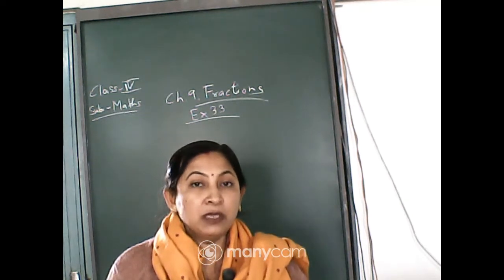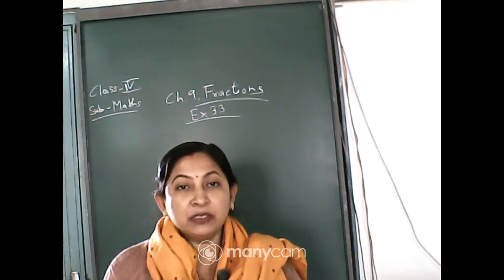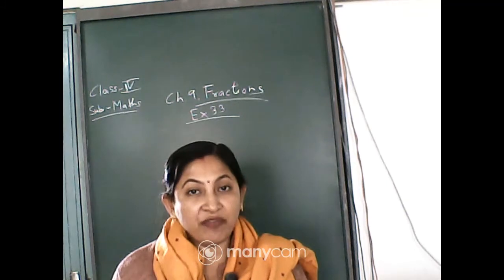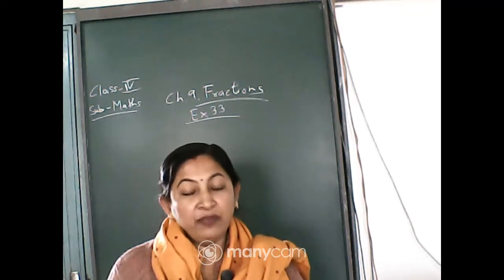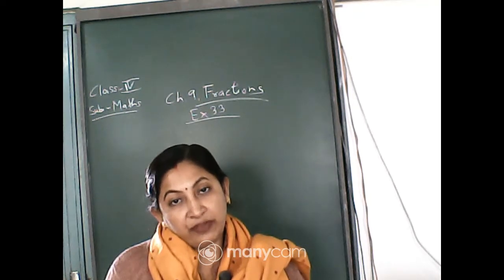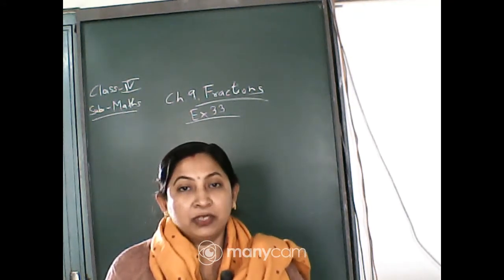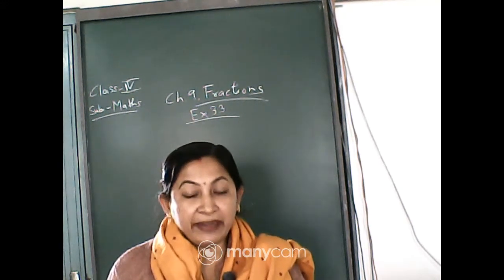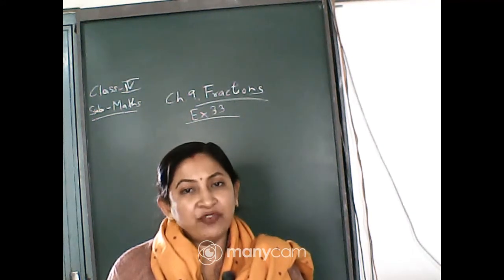In whole numbers, the one which is bigger, you write as the bigger one, and the one which is smaller, you write as the smaller one. Same way you have to do for the fractions also. The bigger number will have the bigger fraction, and the smaller one will have the smaller fraction, but the denominators should be the same. The criteria is this: for this type of comparison, the denominators will be the same.